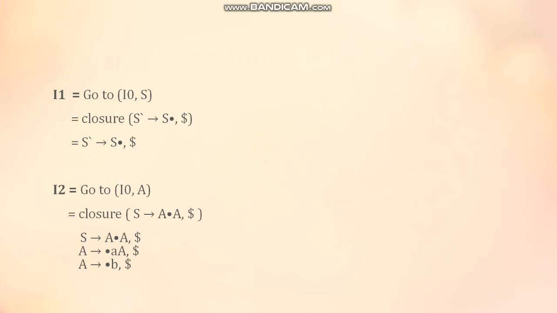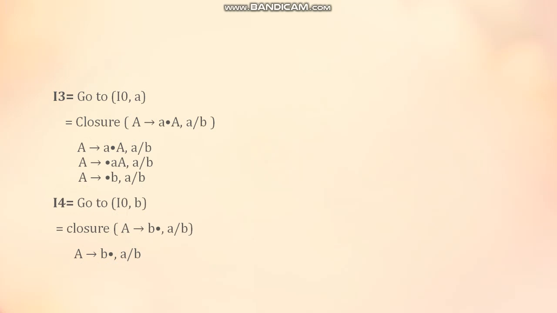But what about the second state? How are we going to parse that state? When we parsed A from I0, we moved to the second state. For every production that we are parsing in I0, we will create a new state. So when we parsed the second production with A, we moved the dot from the start to the position after A. And what is after the dot? Capital A. So all the productions in our grammar with capital A will be written under this production, and this state will be the I2 state. And remember, look-aheads are going to remain the same for now.